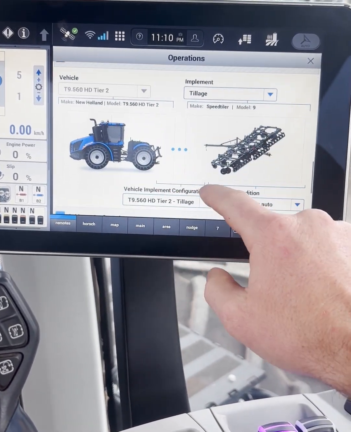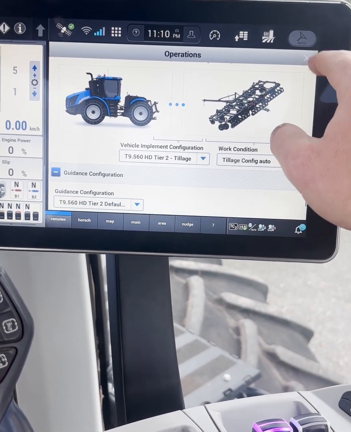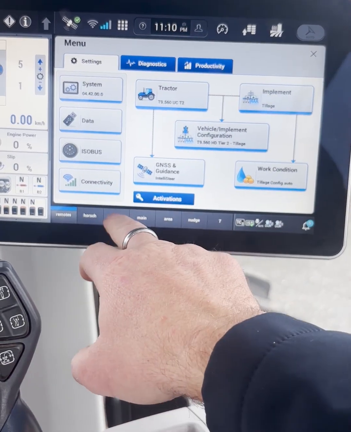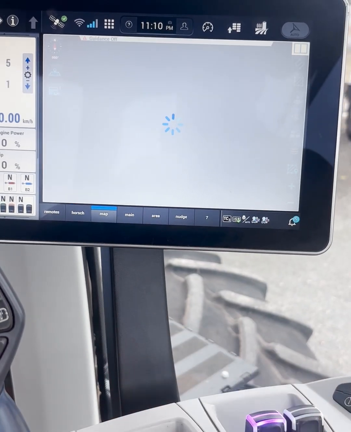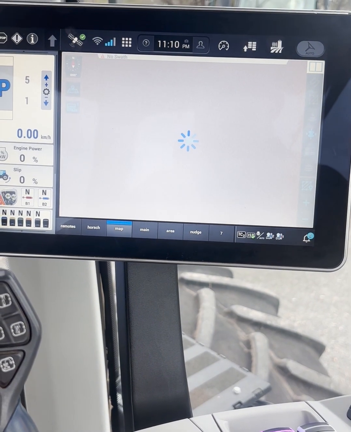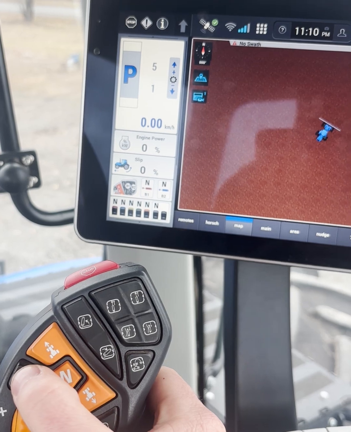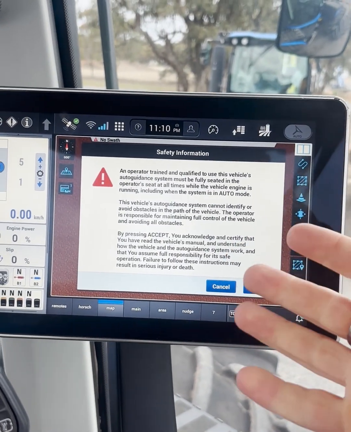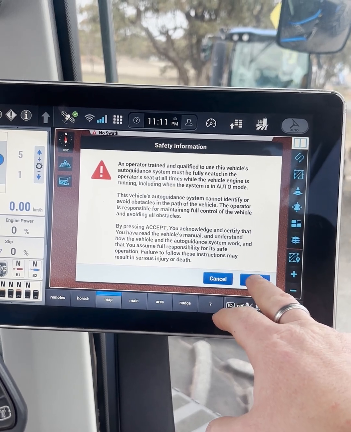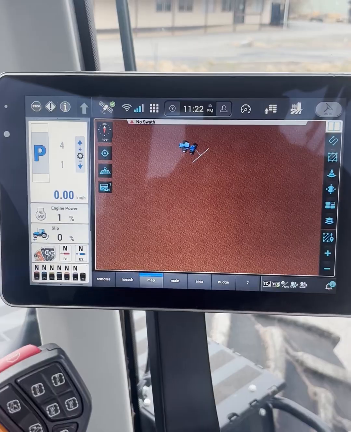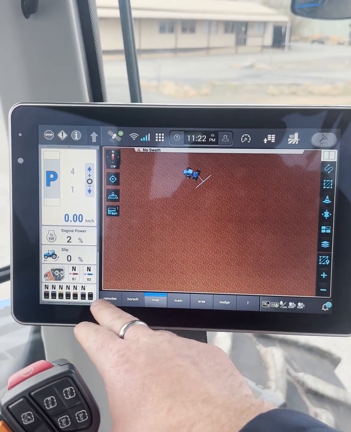We scroll down, we can see we now have an implement, so all the boxes are ticked. Do that, press our map button. We've named the run screens map. While we're sitting, we can either push this button, which will bring up the safety information, accepting that you know how to operate your Intelliview. Hit accept. When you start up an Intelliview 12 from new, you'll find it'll be run 1, 2, 3, 4,